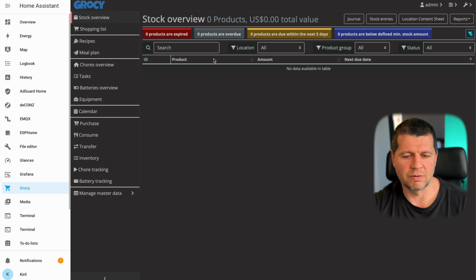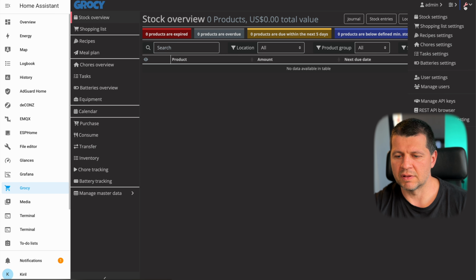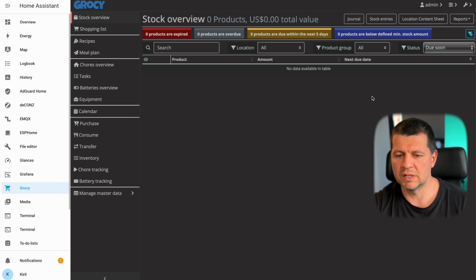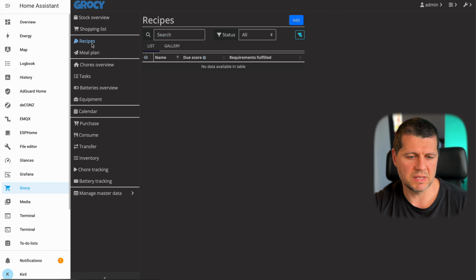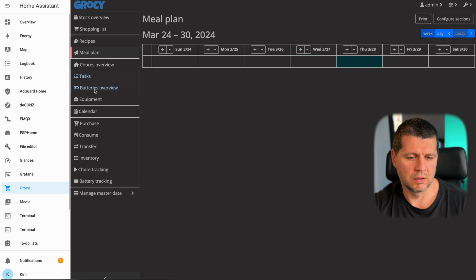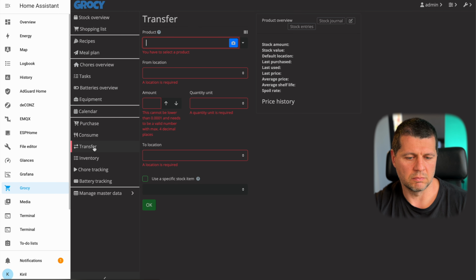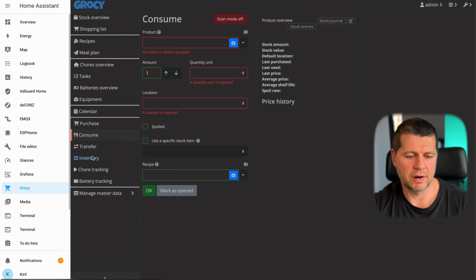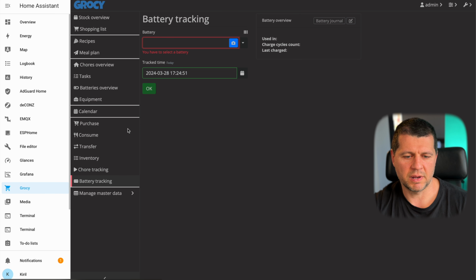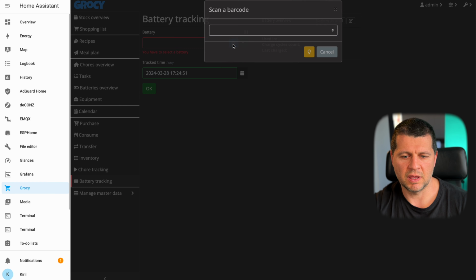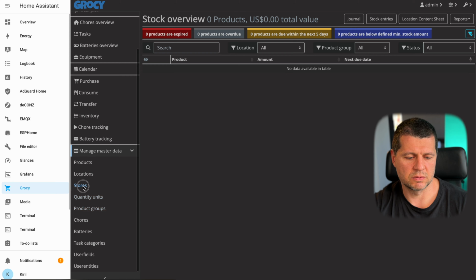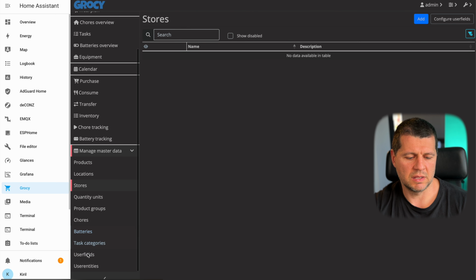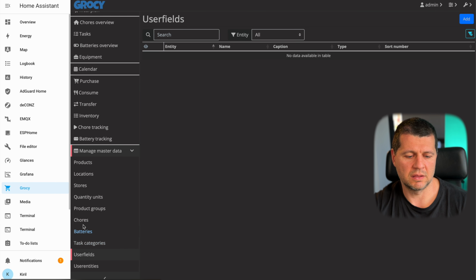It is too crowded for me, and it has a dark theme, which I also didn't like much, but it doesn't matter. We have a shopping list, recipes, meal plan, tasks, equipment, a very crowded add-on with a lot of options, battery tracking, you can take pictures, barcodes, manage master data, stores. Oh my god, this is an entire ERP,